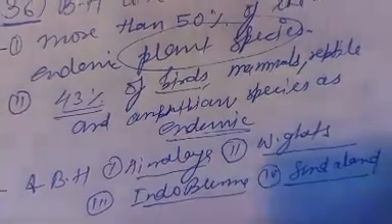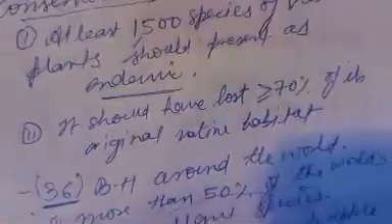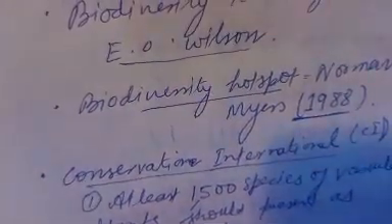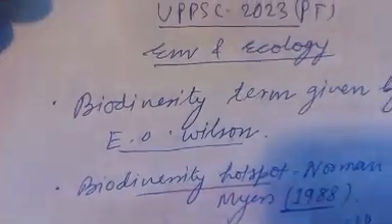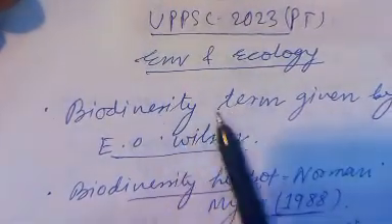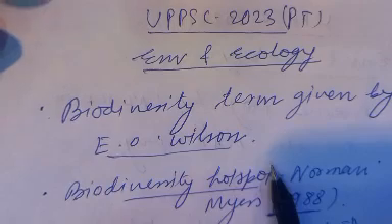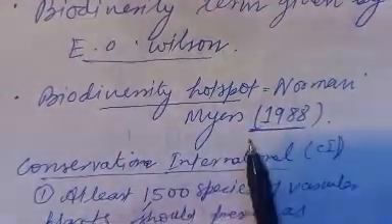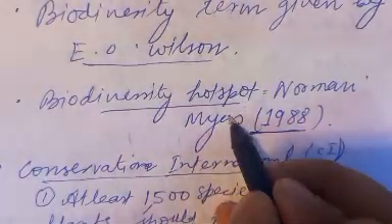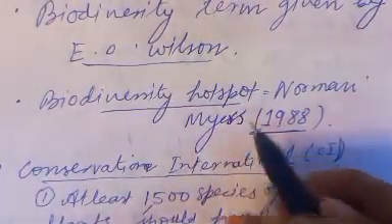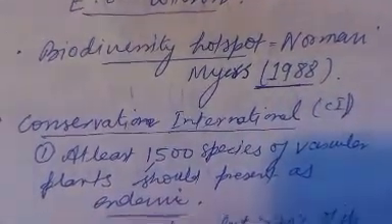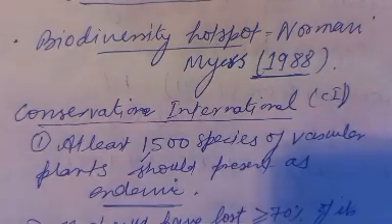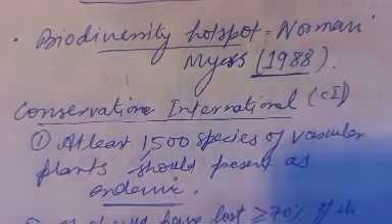Now it's time to revise all these facts. Biodiversity, the term was given by E.O. Wilson. Biodiversity hotspot, the term was given by Norman Myers in 1988. As per Conservation International, the 2 quantitative criteria for hotspots: